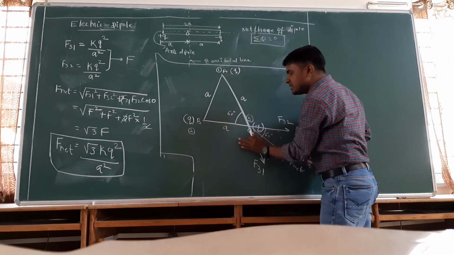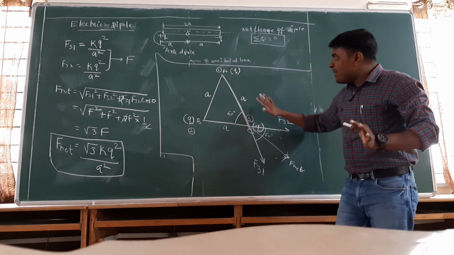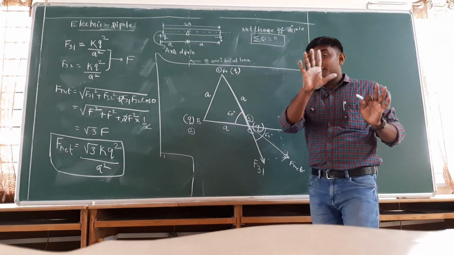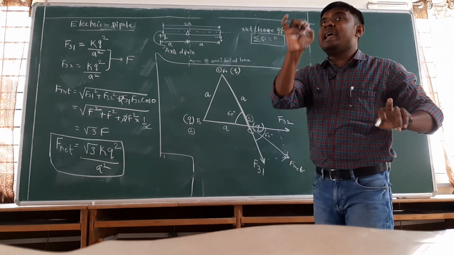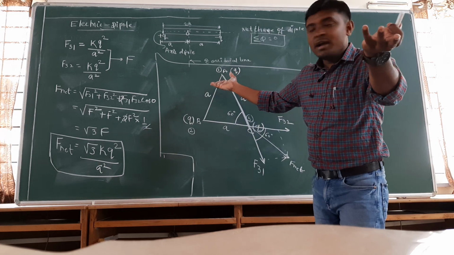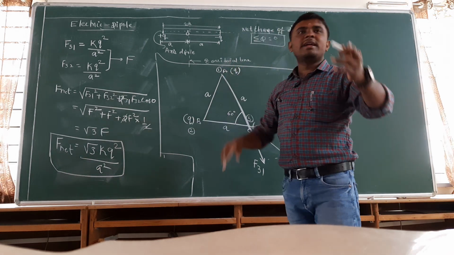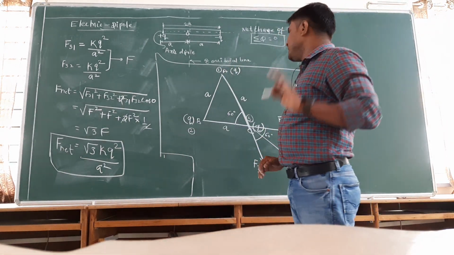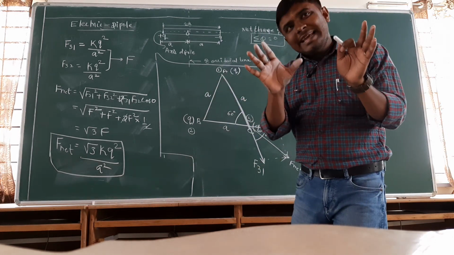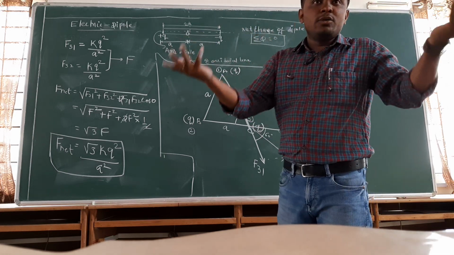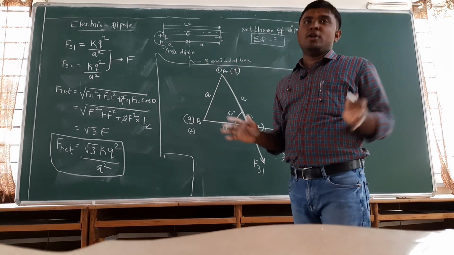It is a system of charges having 3 charges, 1, 2, 3. So all the 3 charges have the same magnitude. So we need to remember one thing. If the magnitudes of all 3 charges are the same and you are locating any of the vertices, maybe you are taking A, I have taken here C. If you ask why I have not taken A, you take A and try to solve by this method, you will get the same answer. So what you need to remember? If you have charges of the same magnitude placed at the vertices of any regular system, it may be a square, it may be a hexagon, it may be an equilateral triangle.